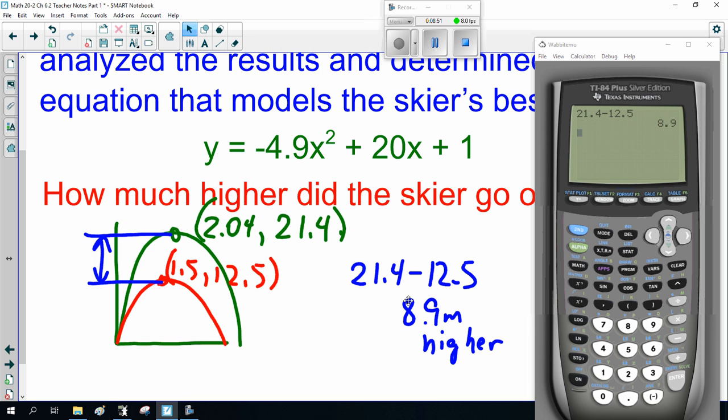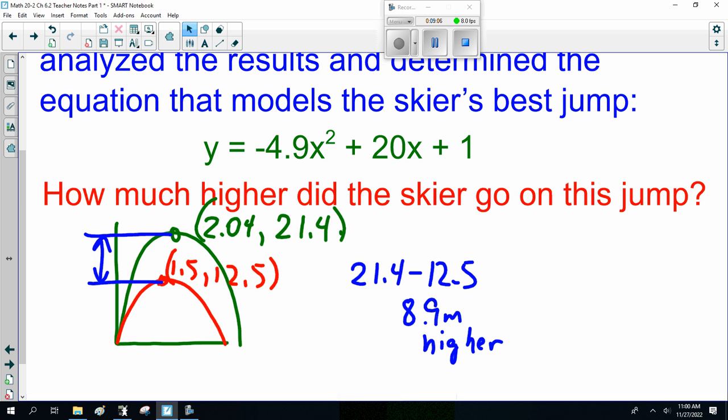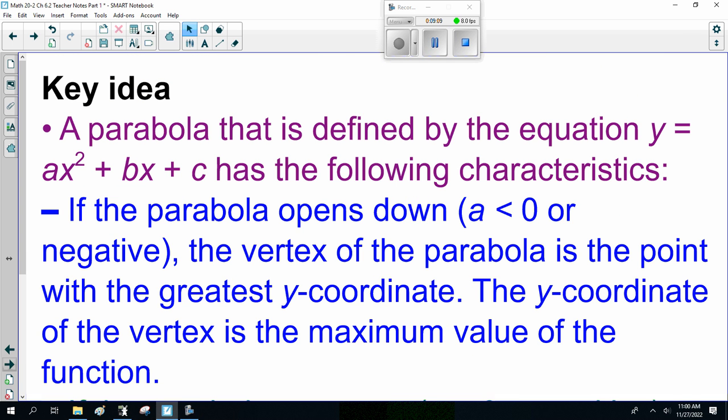That's what I need you to be able to do. Graph on a graphing calculator, domain and range, vertex, answer some questions. Okay? So that's what I need you to know and be able to do. And if I give you data points, you can plug them in and come up with the equation. So the key idea here,